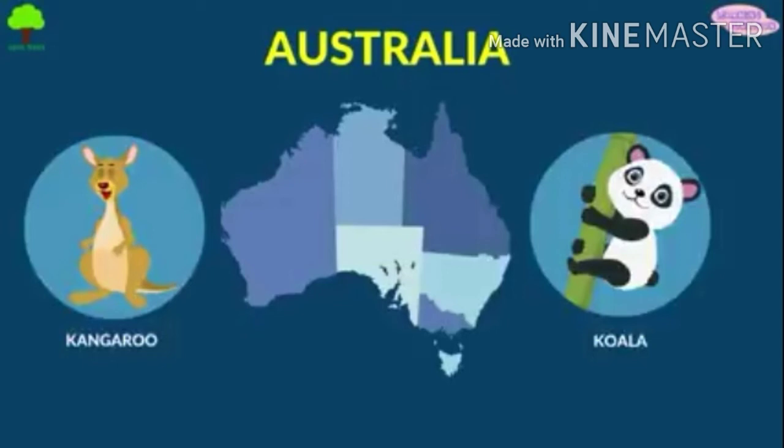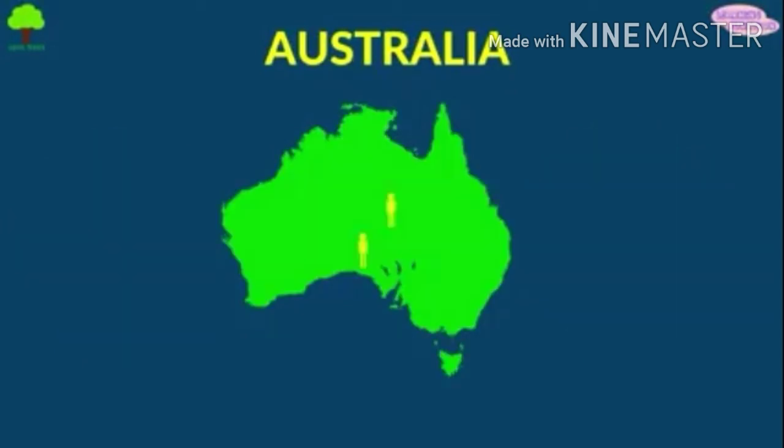The majority of Australia's population is found on the east and southern coast. The rest of this continent has just barren land or desert. Animals such as koala bear, emus and kangaroo are native only to this continent.